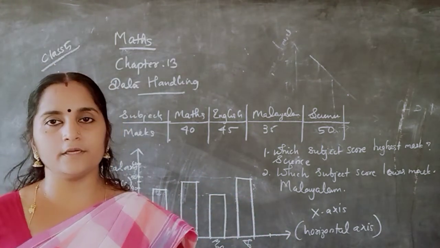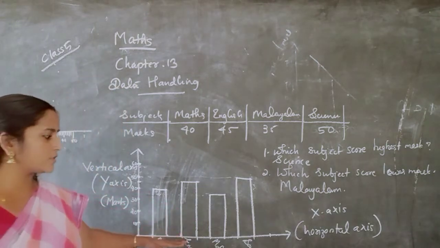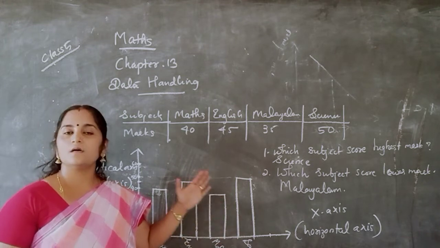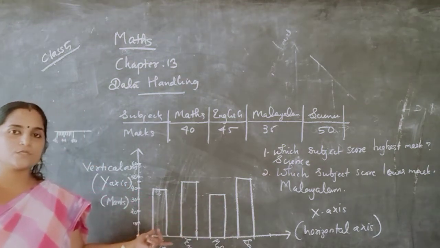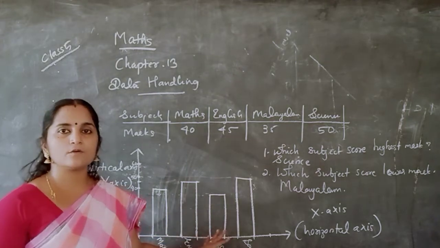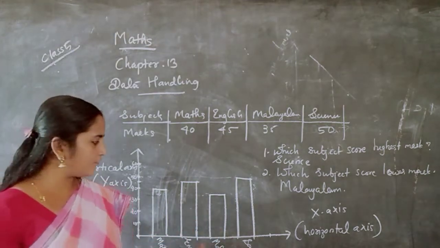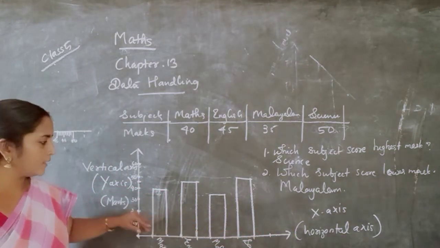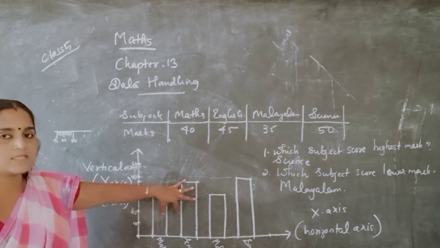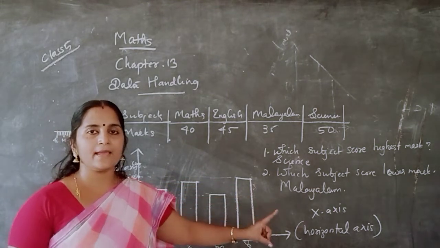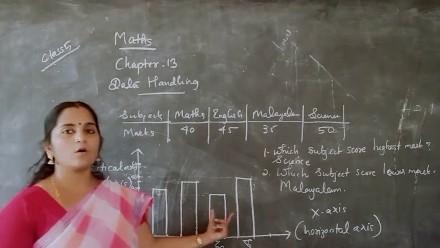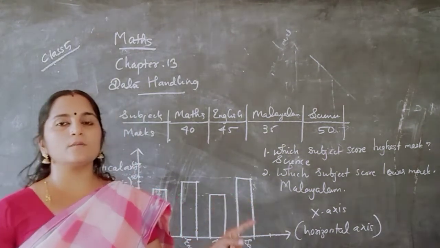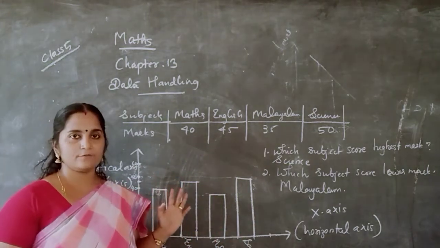From the figure, in this way we write or draw the bar graph. If you have graph paper, you can draw it in your graph book. Otherwise, you can draw it in your notebook itself. But you take the same unit throughout. That means leave the same distance between the rectangles, and the width of the rectangle is also the same throughout. These are the two main things you remember at the time of drawing a bar graph.